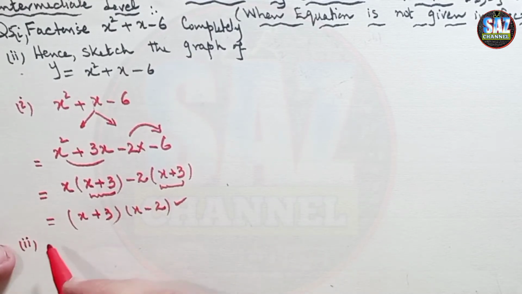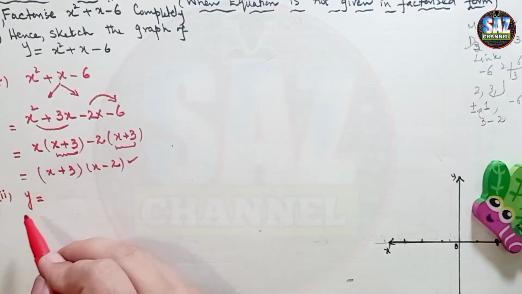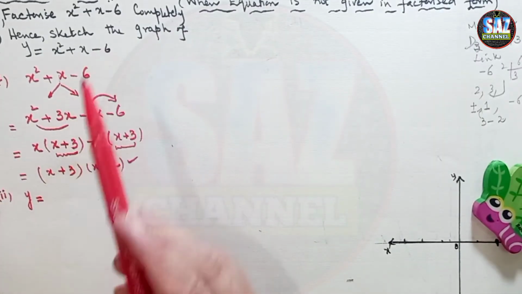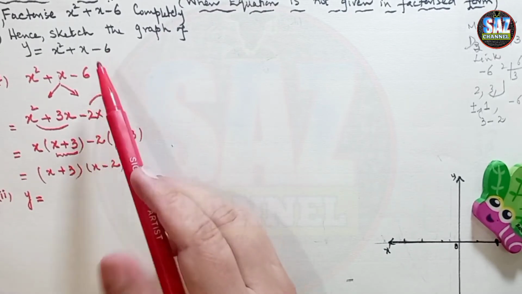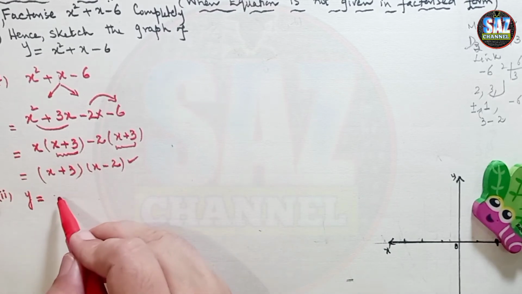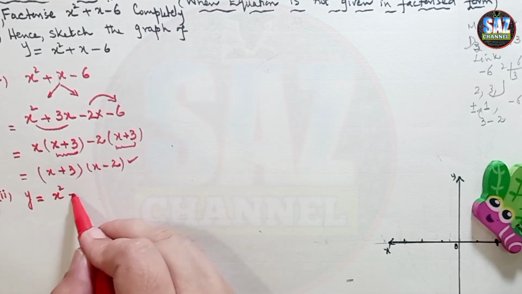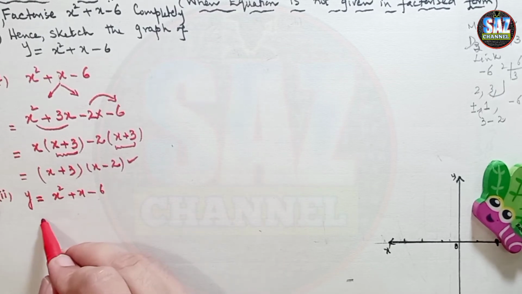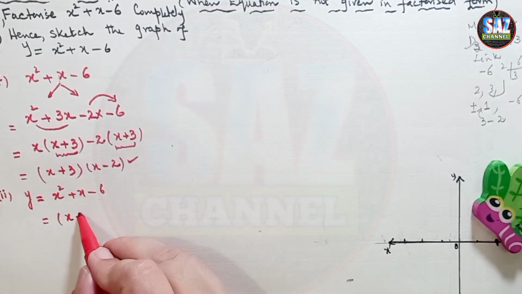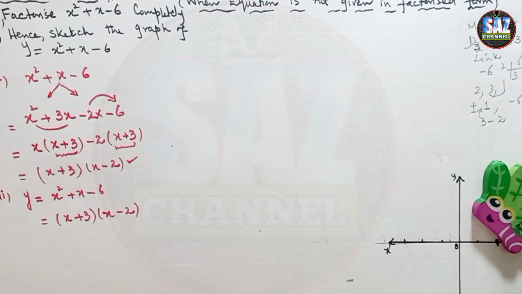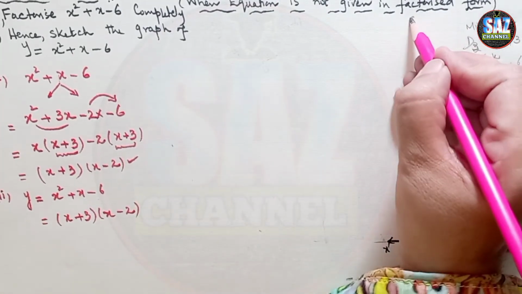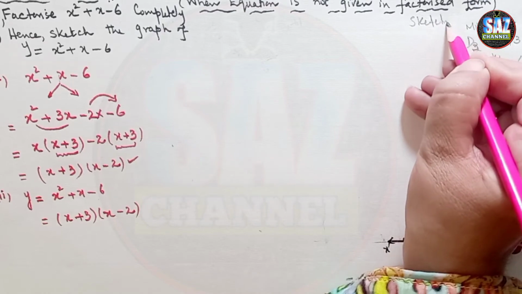The second part is that we have to go for the sketching of the curve y equals to x square plus x minus 6. We can see that these two are the same forms in other way. So in the beginning let me write it, x square plus x minus 6, and this can be written in the form x plus 3 and x minus 2. Okay, after this, as now we are on the sketching part, recall my previous lesson, what is the first step for sketching.